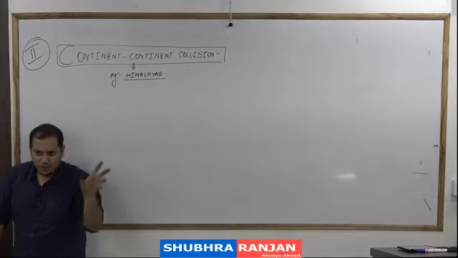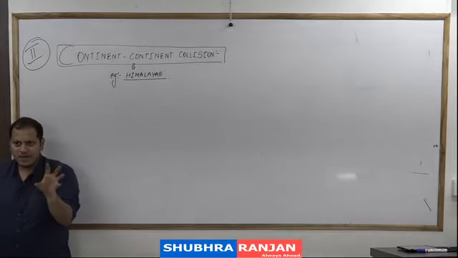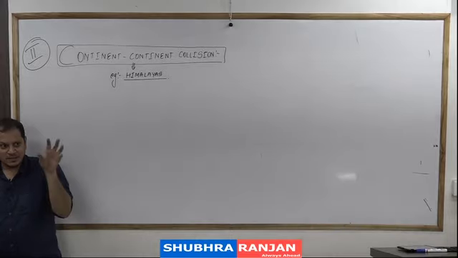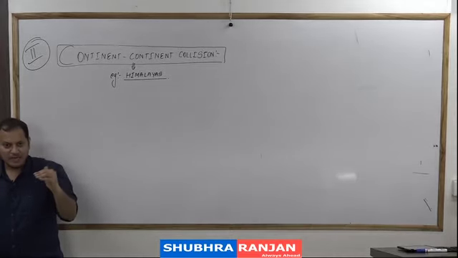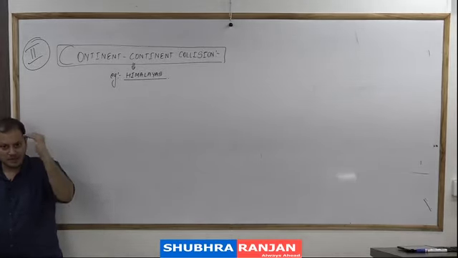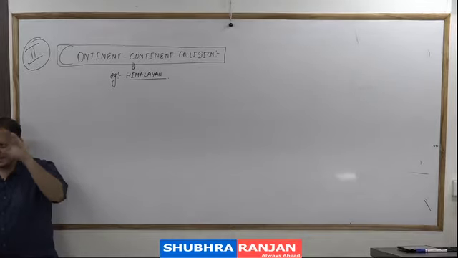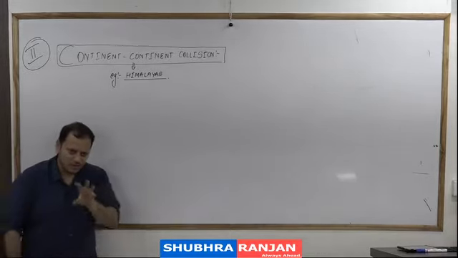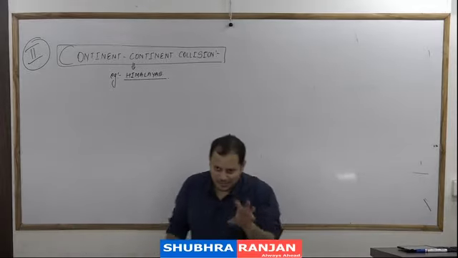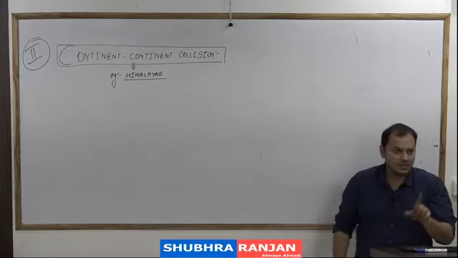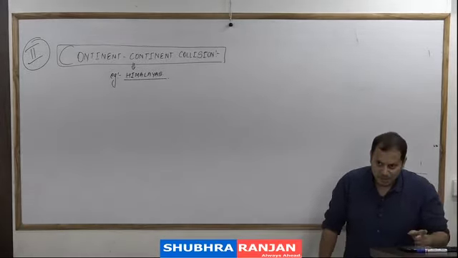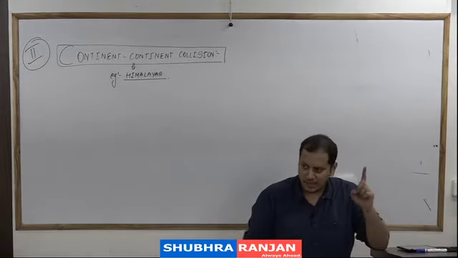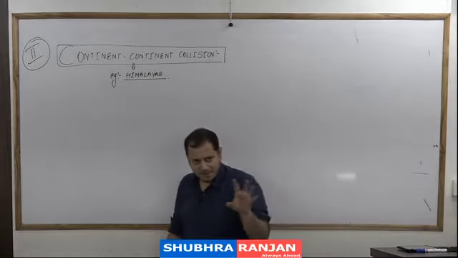There is a 2 kilometer का difference between the average height of Rockies and Himalayas. Why is this? This is because in the Himalayas we have a doubling up of the Earth's crust. Doubling means Indian plate का crust and the Eurasian plate ka crust, and therefore we do not have volcanoes. So as a result of this, jahan jahan continent collision hai, remember one general law that there will not be any kind of volcanic eruptions. Getting it?